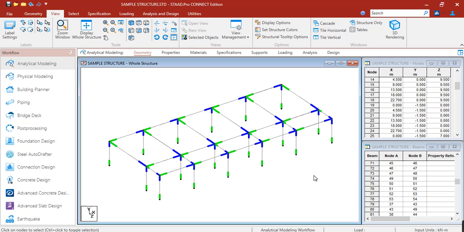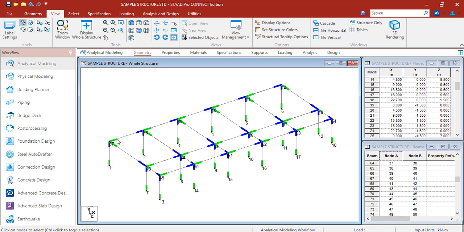So what do the green and the blue represent? The green here represents the start node or the node A in your table. So if you click beam number 64, we can see that node A is at node 37, and this is your start node.